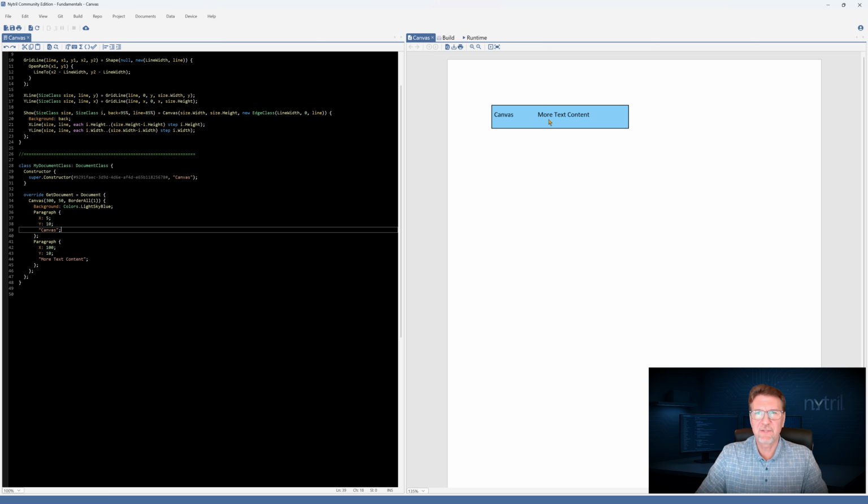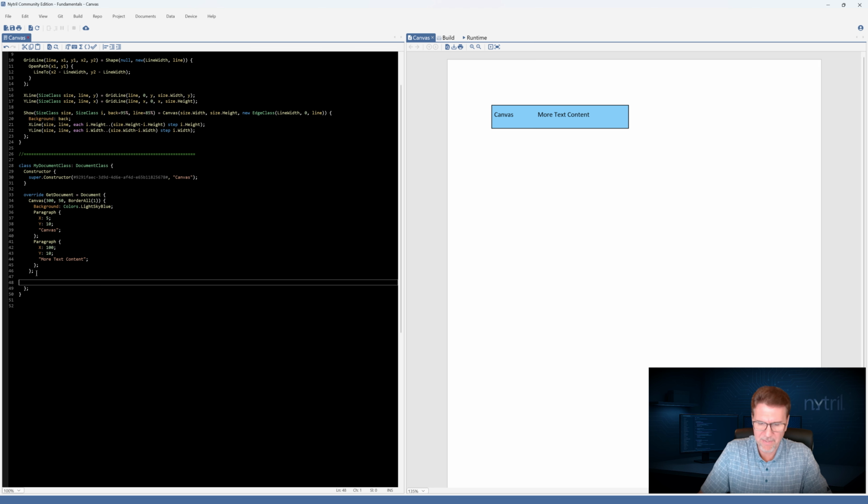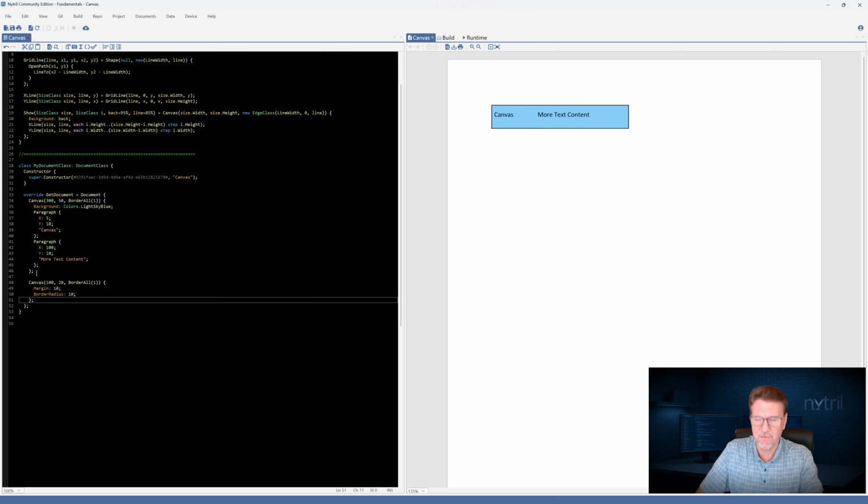Okay, since we're showing text in a canvas here, I want to talk about that a little bit more. So I'm going to paste in another canvas here, and this one's just going to have some rounded corners. And what we want to do is put some text inside of this, specifically because I want to talk about text positioning in a graphical object like a box of some form, an H box, a V box, or a canvas. Before we do though, I want to move this over here.